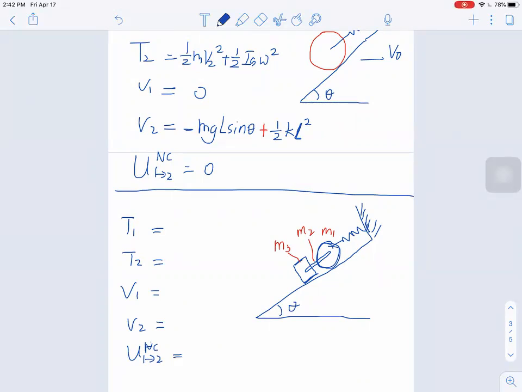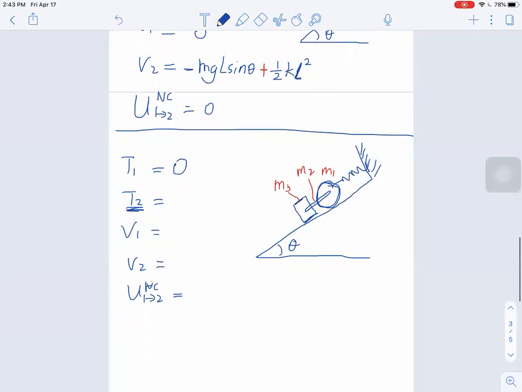Okay, if we have a problem like this, the kinetic energy at position 1 can still be 0 because everything is released from rest. The kinetic energy at position 2 is going to be the sum of kinetic energy from mass 1, mass 2, and mass 3. It's going to be longer. We have enough space to write down. Let's write that down. So T2 is going to be